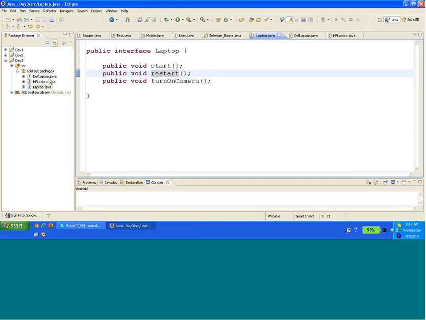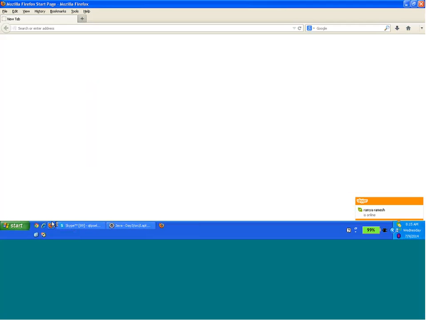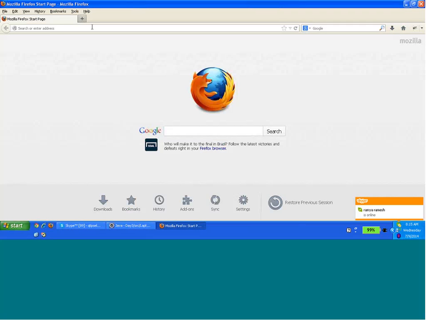Now, how is this practically used? A class can implement more than one interface. If you open up the documentation of Selenium, that is seleniumhq.org,